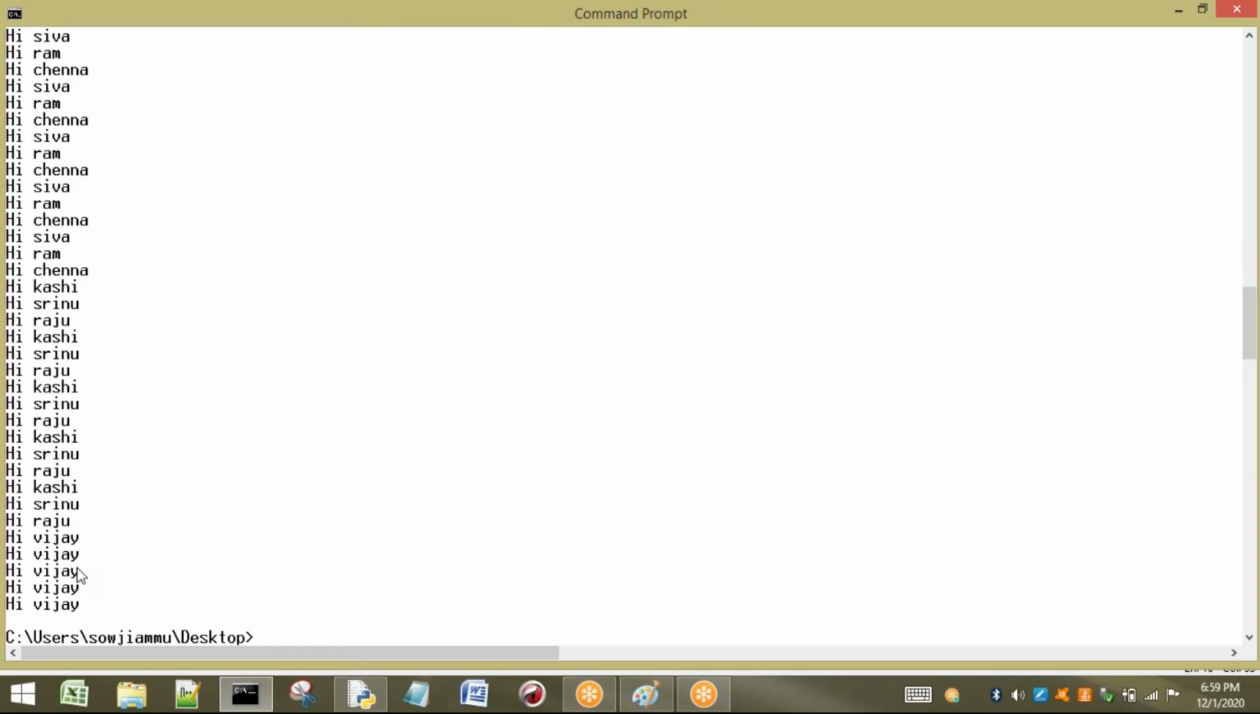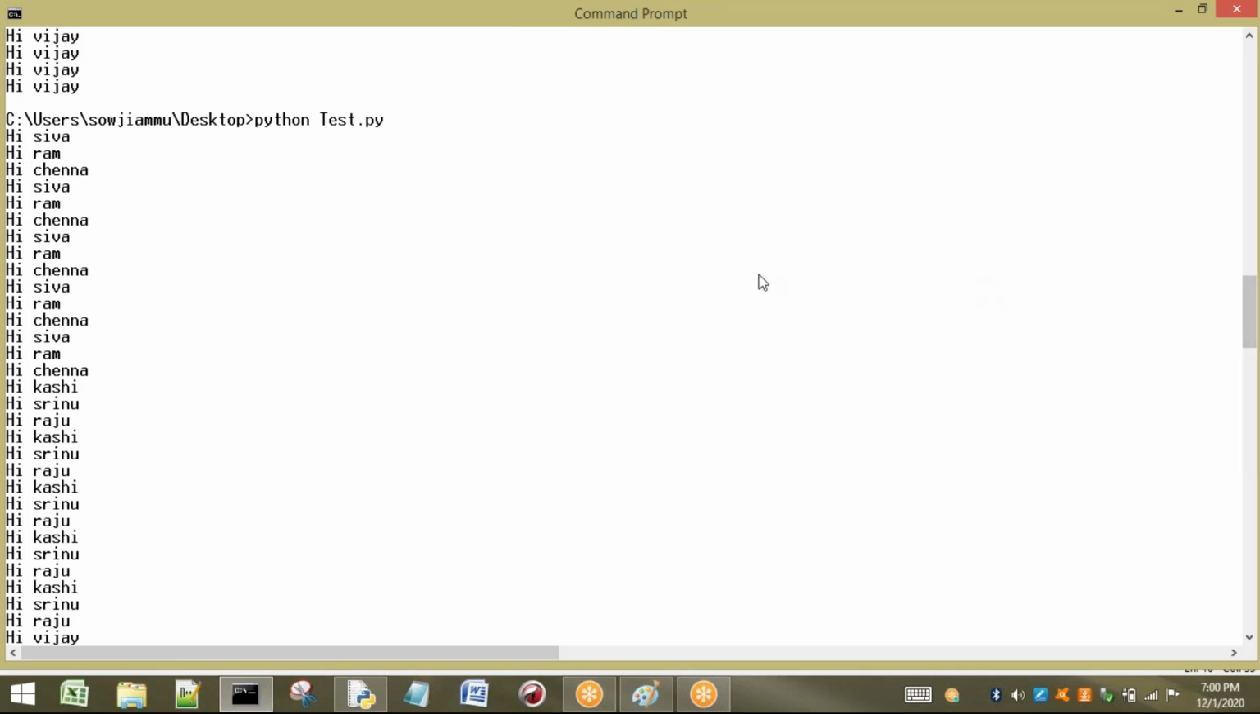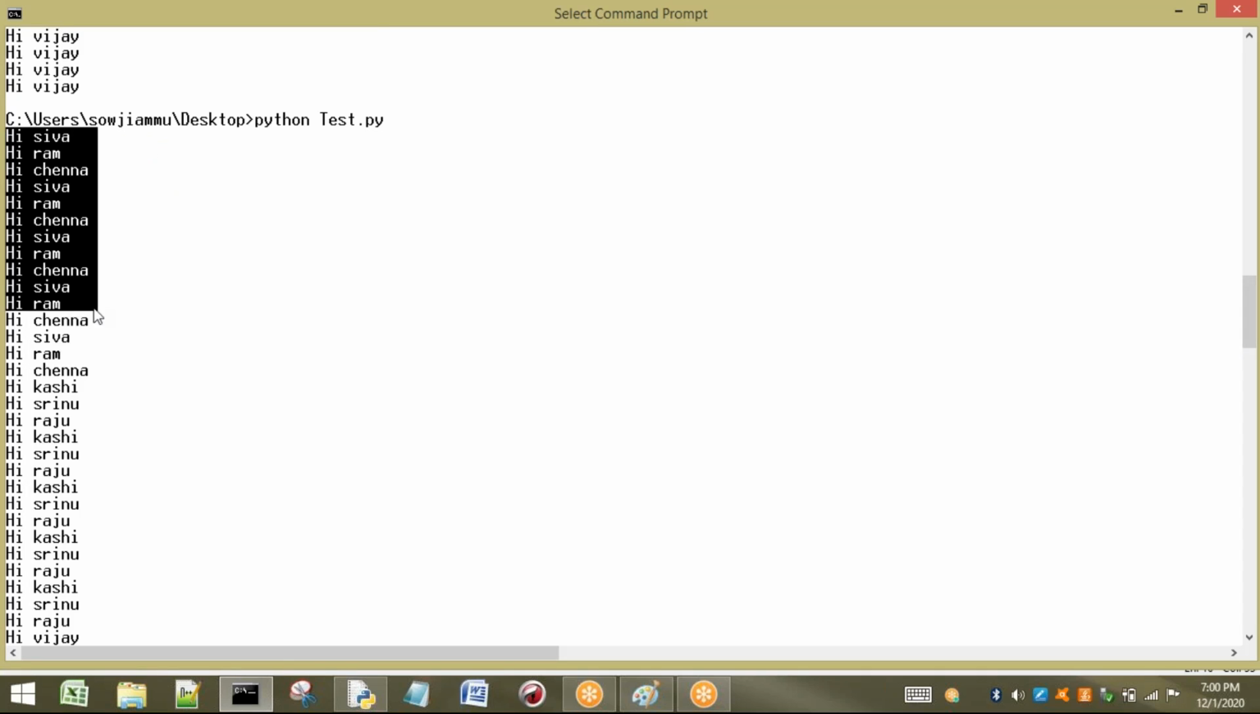That means, you can clearly observe here, in the first case, up to here, you see Shiva, Rama, Channa repeated, and after that Kashi, Srinu, Raju. Only those three are going to be repeated because I have given a chance to execute only three threads